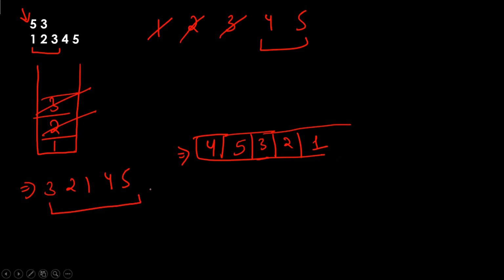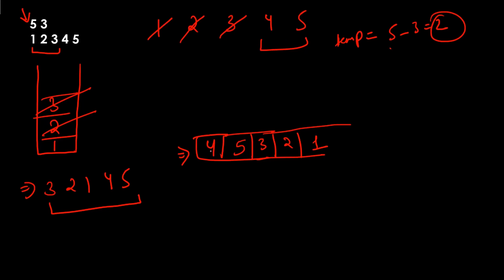So next what we have to do is, we'll be simply taking a loop. What will be the condition? We'll be maintaining a condition like, we can take a variable, let's say temp, to which we assign the size of our queue, 5. 5 minus k value, which is 3, gives 2. So we have to run this loop 2 times. For this particular test case, we are going to run this loop 2 times.